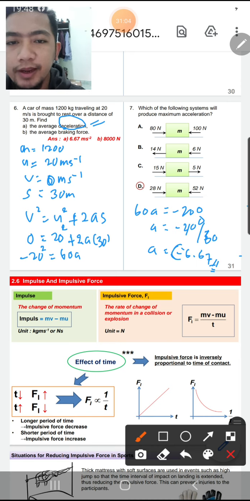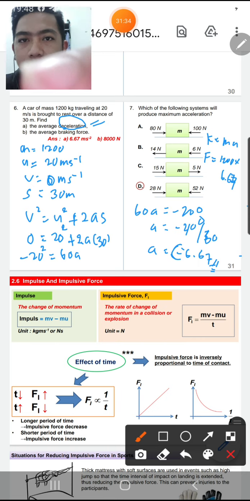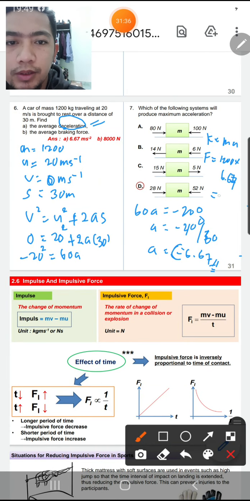Now you have the A. So F equal to MA. F is what we are finding. M is 1200 times its acceleration 6.67. So if you press the calculator, 1200 times 6.67, you will get 8000